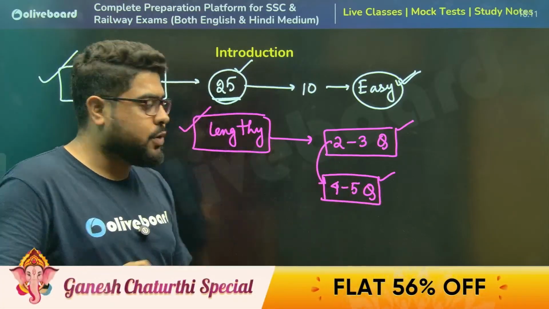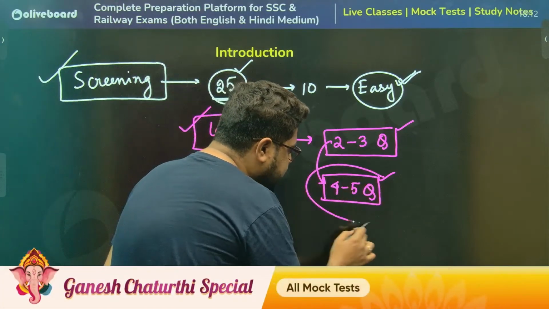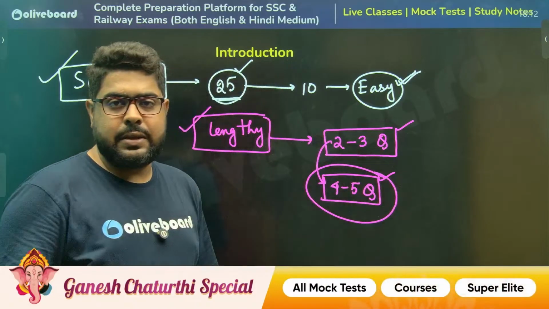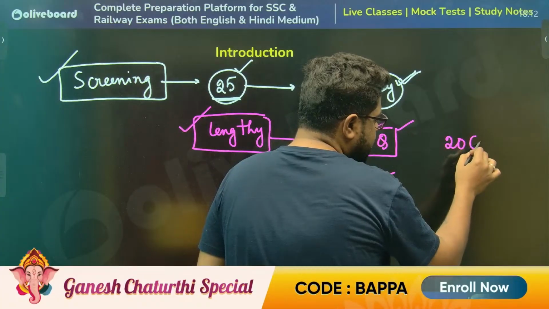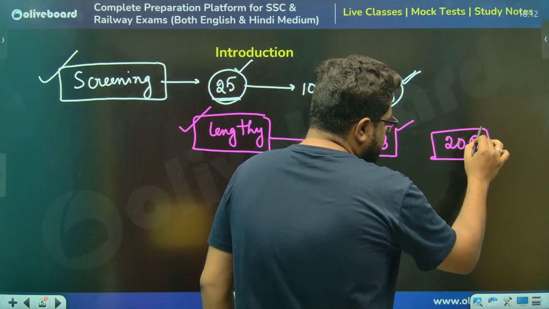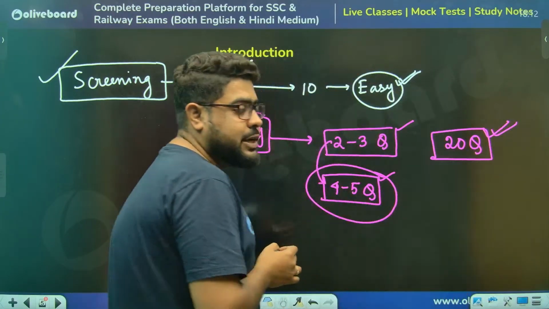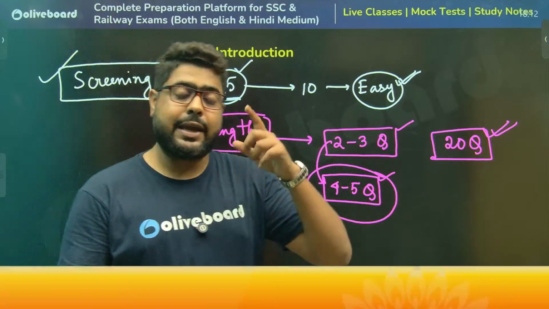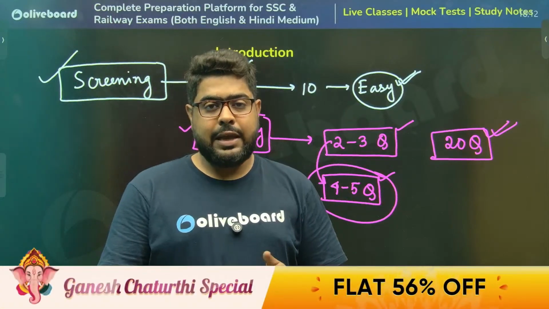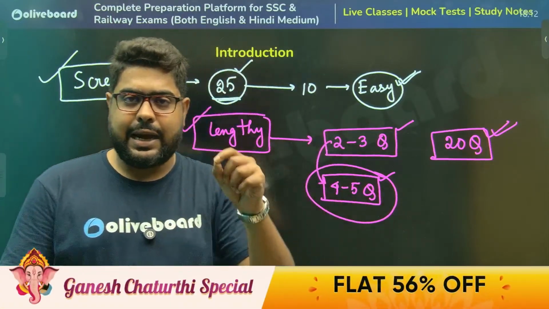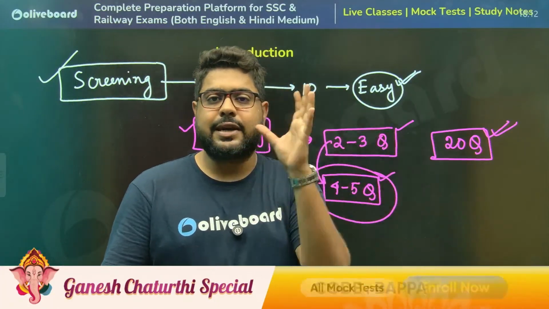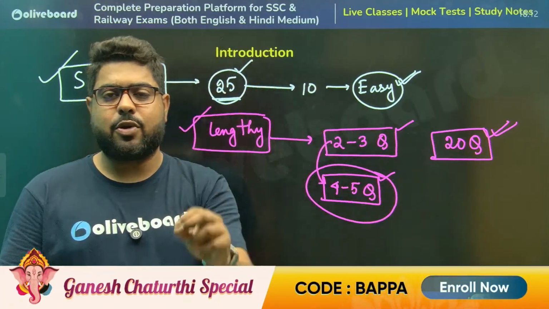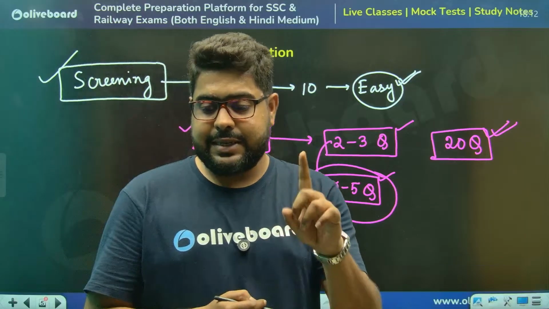So even if you ignore these 5 questions completely, you are still left with 20 questions. Solve these 20 questions first. Now it is very easy for me to say, but it's not that easy to do at that juncture when you are facing the questions, because it is not written beside the question whether it is easy or moderate or difficult. Please understand this.